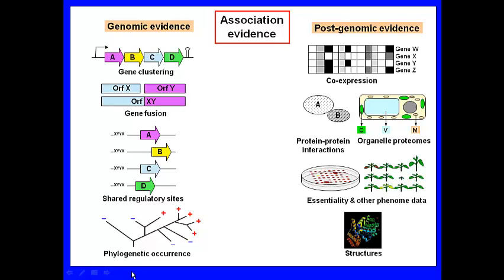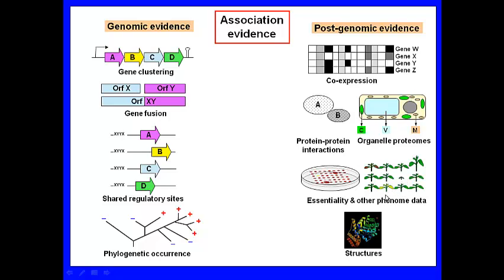We also have now, for bacteria and growing increasingly for plants, essentiality and so-called phenome data. Phenome is just a word that means high throughput phenotyping. So if you find that your gene of interest, when knocked out in a given bacterium, causes lack of growth, that means it's essential, that makes it interesting. And in plants, if you knock it out and it goes purple or it goes small, that's interesting too. And in itself, that may give you a clue to function.